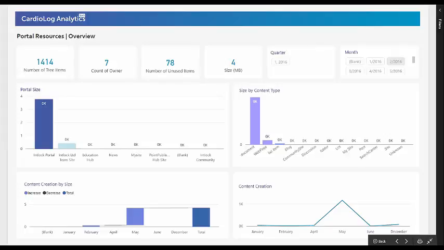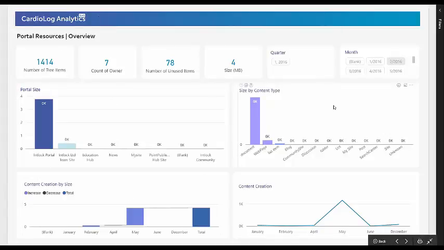So for our purposes today, we're going to focus mainly on this portal resources report that you can see here, as well as various adoption reports. And these are all reports that you can use to really boost your migration and help you get those insights that you need at the right times. And let's just jump back in to this context of our pre-migration stage. So there are a various set of reports that can be really useful in this pre-migration stage. So we're going to focus on this portal resources